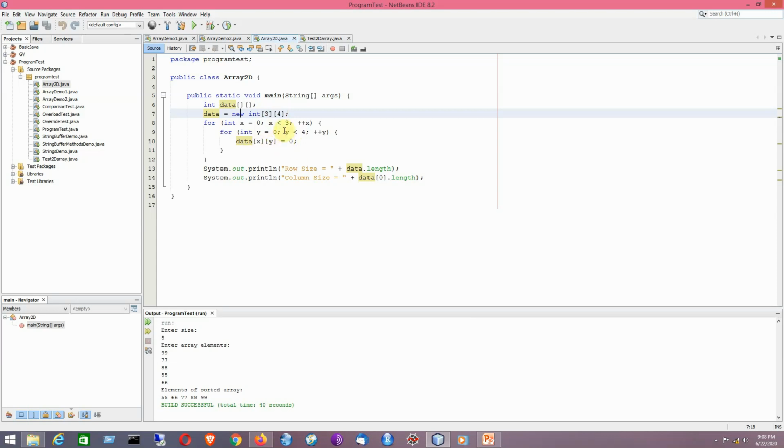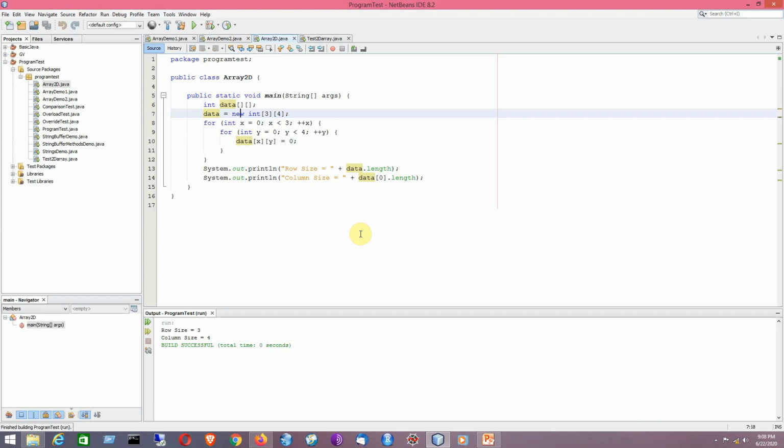So that I have done here by using this for loop, and I have used two indices. One is the row number and second one is the column number. So x denotes the row number and y denotes the column number. That will be the loop control variables also for the respective loops. So x is the outer loop, and that means x is the loop control variable for the outer loop, and y is the loop control variable for the inner loop. So in that way the program will be